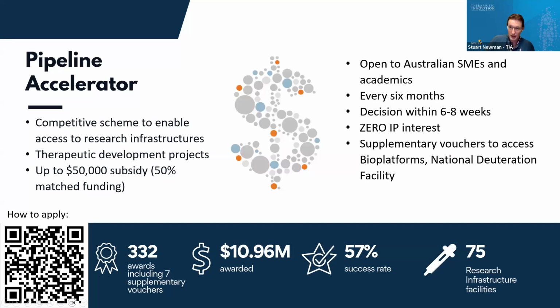The opening date was actually last Monday morning. The closing date, and this will be reiterated a couple of times, including at the end of this seminar, is April the 17th at 5 p.m. Brisbane time. One of the key facets of this scheme is that you can get a decision very quickly. In 6 to 8 weeks after the closing date, you will have a letter with either a letter of award or a letter saying that you have not been successful, but it will be quick.